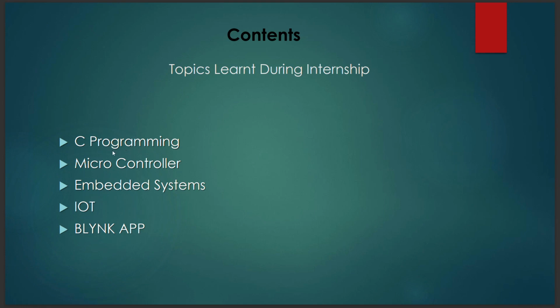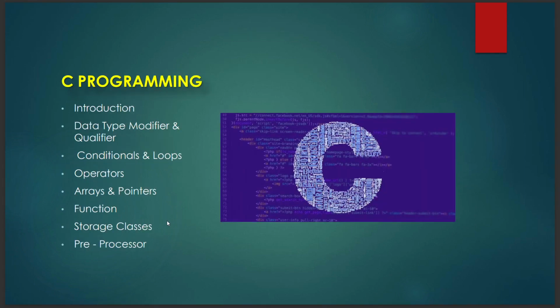We learned about C programming, microcontrollers, embedded systems, IoT, and also the Blink app. Now let's see more in detail about these contents. So in C programming, first we learned about the introduction of C programming, and then we learned about data types,